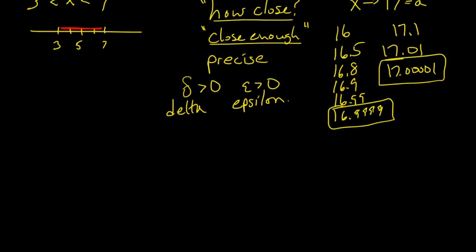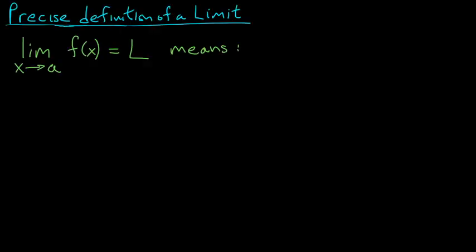Okay, so let's get to the formal definition of the limit. The limit as x approaches a of f of x is equal to L. We're going to take this to mean the following. If for any positive real number, let's say epsilon, greater than 0, there is